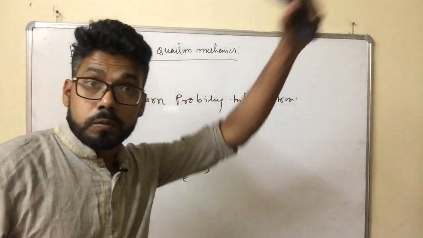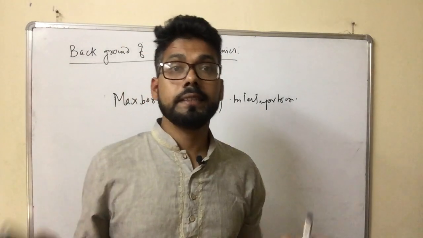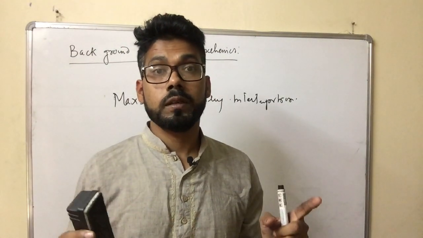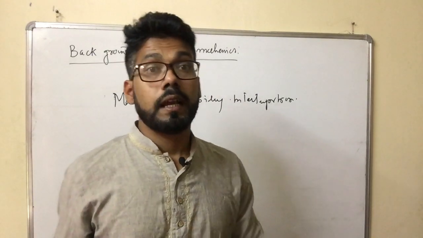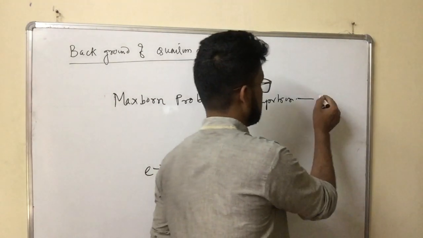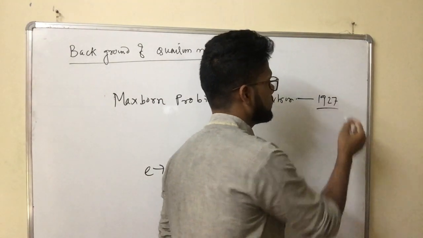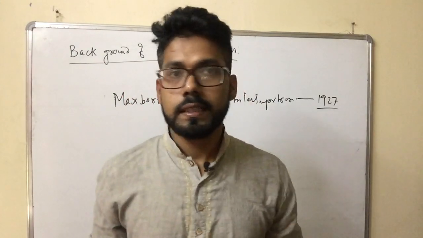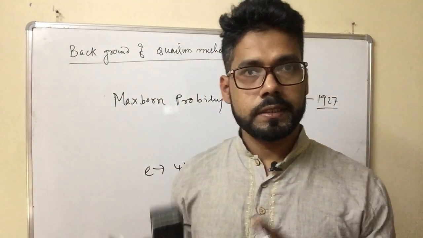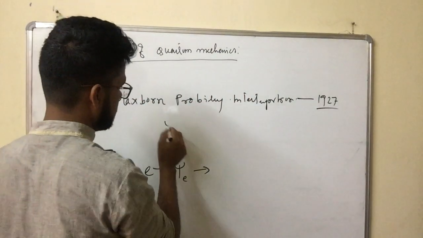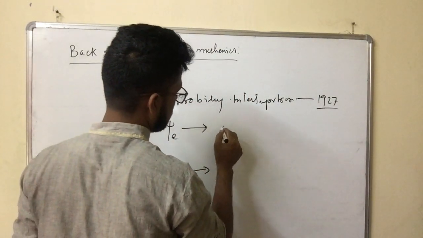So in order to explain the physical nature of the wave function and give a meaningful explanation of the wave function, Max Born in 1927 provided a probabilistic interpretation. He said that the wave function itself does not have a physical meaning,